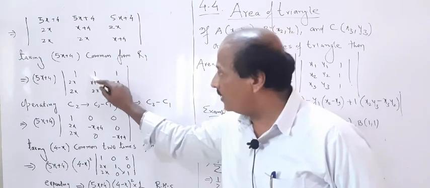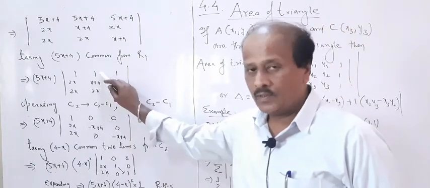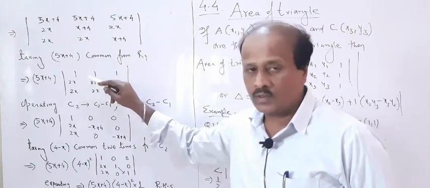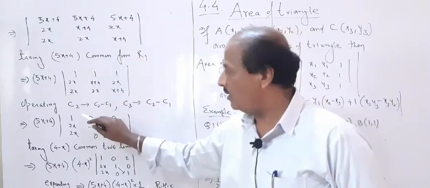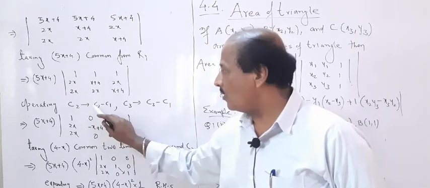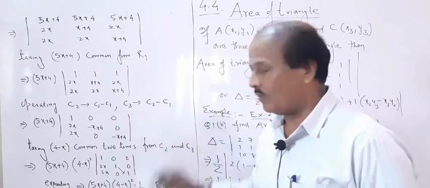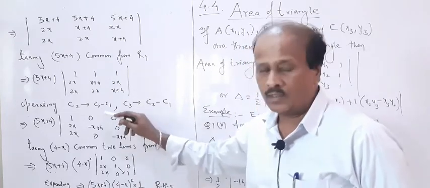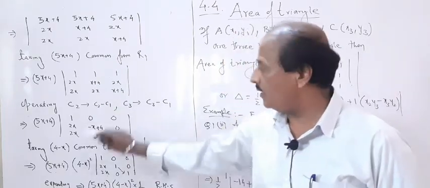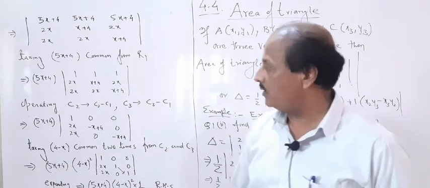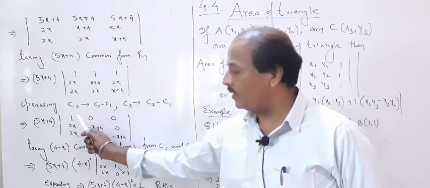Now try to make 0, 0 here, then it will be easy for you to expand. So how can you do it? Since we have been doing this type of question for the last many days, I am writing two steps together. Replace column 2 by column 2 minus column 1, and replace column 3 by column 3 minus column 1. If you want to do it step by step, you can operate one step at a time. Here I use both the steps together.